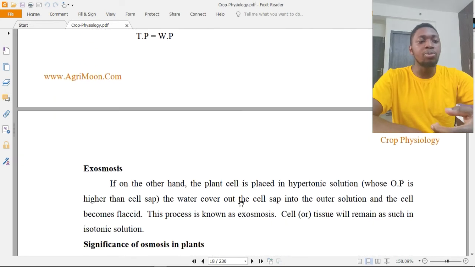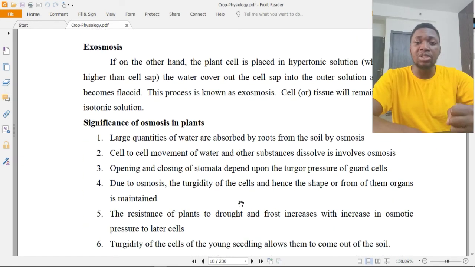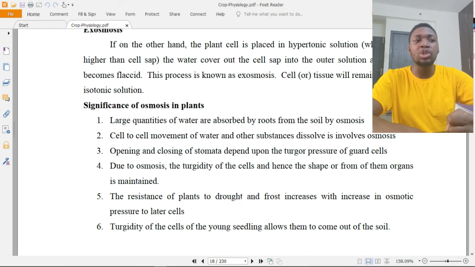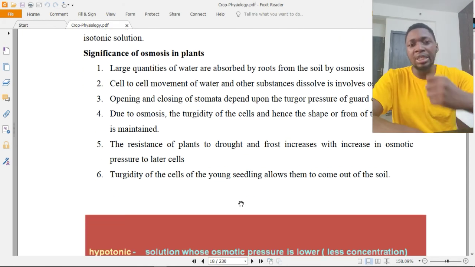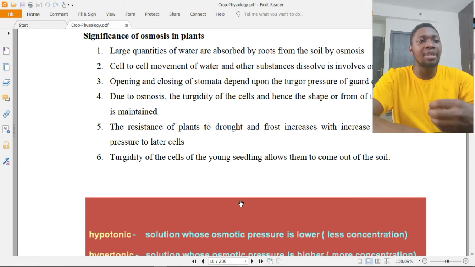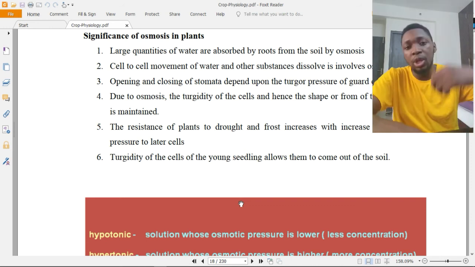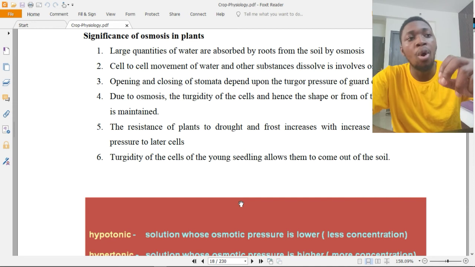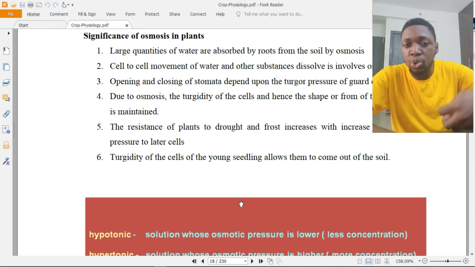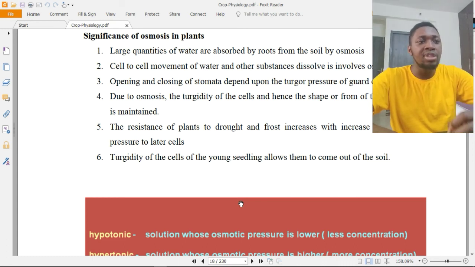So we will quickly move on to the importance of osmosis in plants, the significance of osmosis in plants. Why do plants need osmosis? Why is osmosis important in plants? Number one, large quantities of water are absorbed by roots from the soil by osmosis, meaning osmosis can be used to absorb water and also other minerals from the soil through the roots in the plant. Number two, cell-to-cell movement of water and other dissolved substances